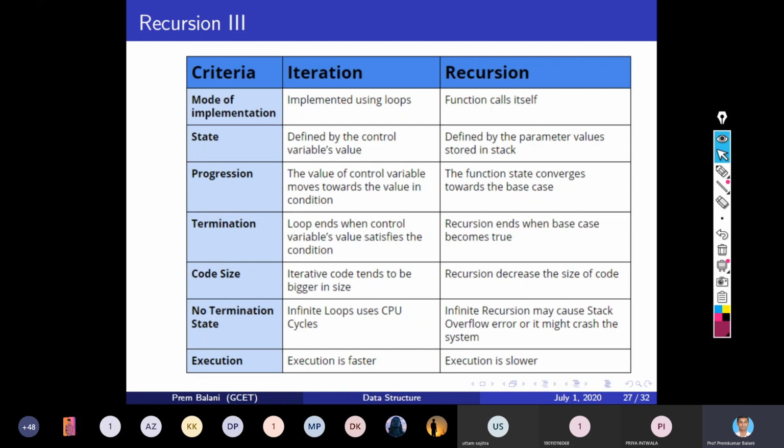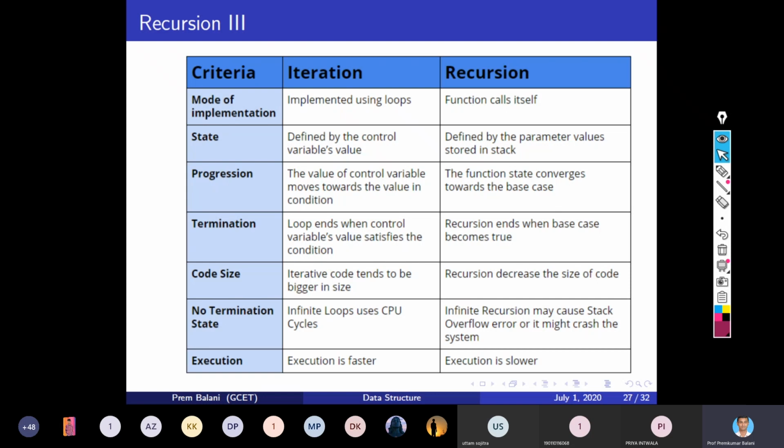Then code size: the iterative code tends to be bigger compared to recursion. In recursion, the size of code is very small. If there is no termination condition, an infinite loop uses CPU cycles. And in the case of a recursive process, if you do not mention the terminating condition, then infinite recursion may cause stack overflow, because recursion uses the stack.